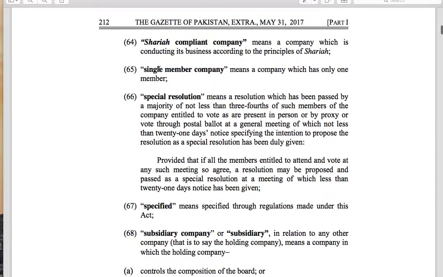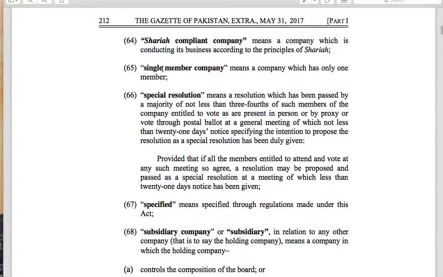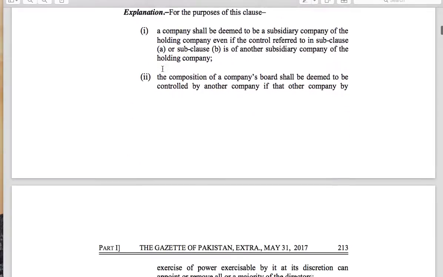You can also incorporate a sole proprietor business directly into a single member company, which means that the sole proprietor will become the owner, chief executive, and sole shareholder of the company, and his private assets will be protected, whereas his tax rate will also be fixed between 20 to 25%. Special resolution, subsidiary, and